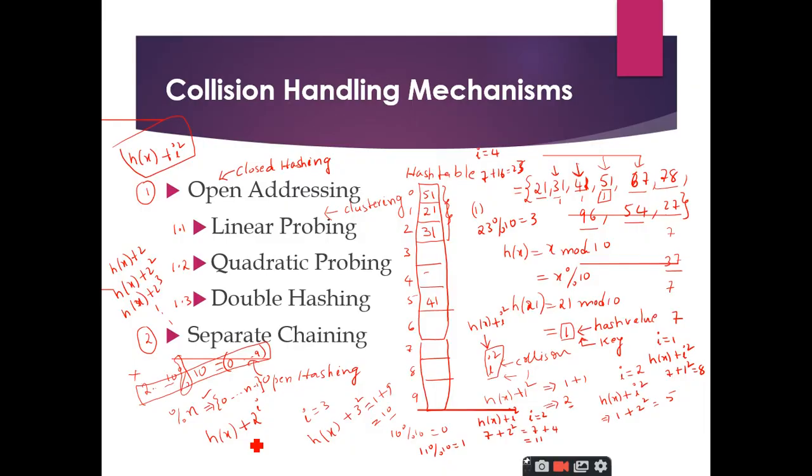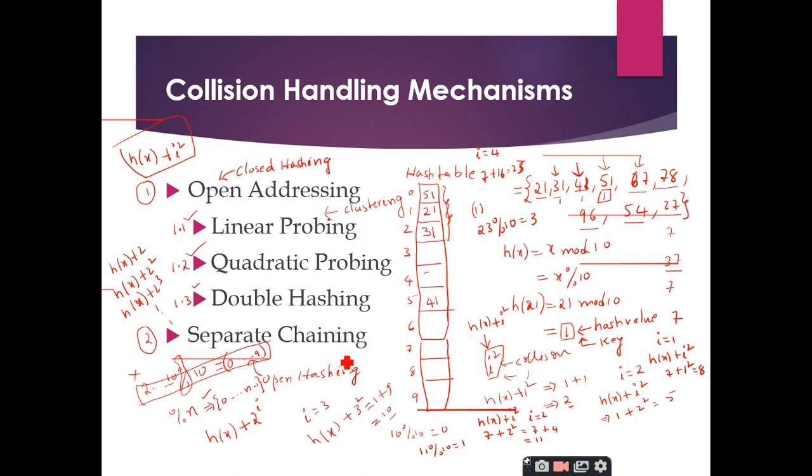And the last point which we are going to discuss is the separate chaining. So we are clear about the linear probing, where you are going to probe the vacant locations linearly, and the quadratic probing, which probes in a quadratic fashion, where I will be using the hash function as h of x plus i square, where i is the collision number. The double hashing makes use of two hash functions and a formula like h1 of x plus i into h2 of x, where you can define your own h1 of x and h2 of x. So this is how we are going to deal with the open addressing.